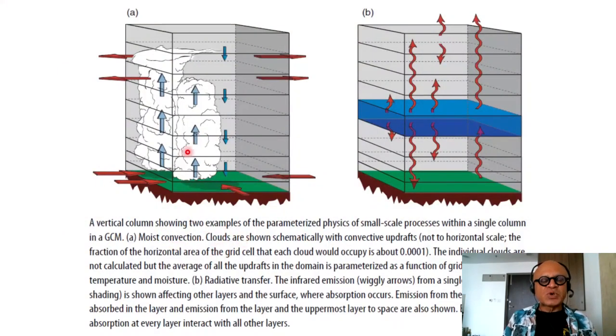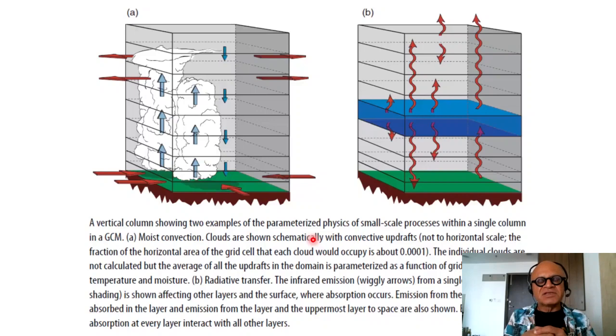A moist convection is shown here in terms of the actual process. Clouds are shown schematically with convective updrafts, not to horizontal scale. Obviously the vertical scales are greatly exaggerated with respect to the horizontal scales. You can imagine that the convection is typically happening on a very small scale. The fraction of horizontal area of the grid cell that each cloud would occupy is about 0.0001. So they are tiny